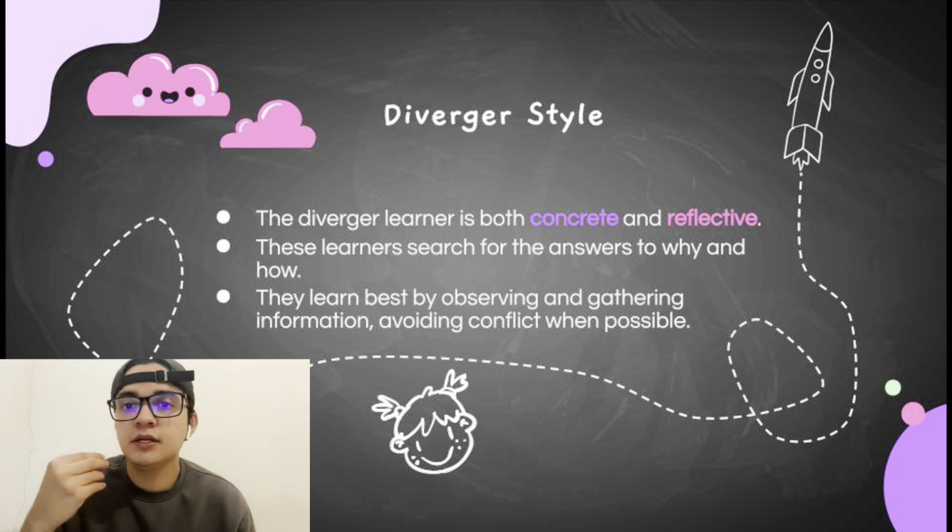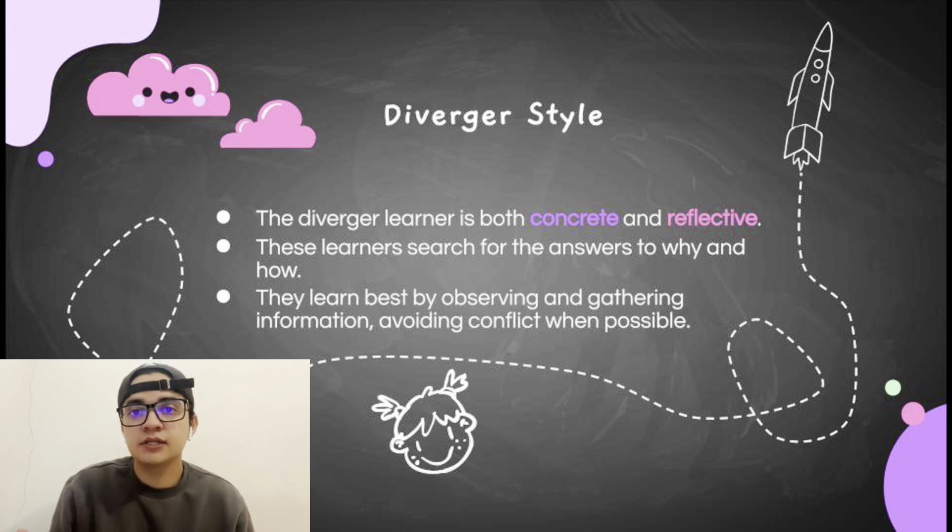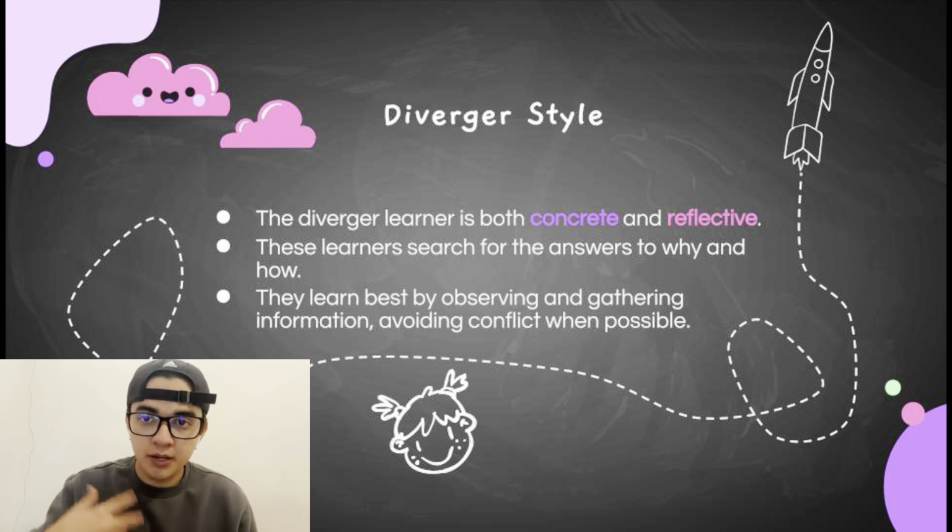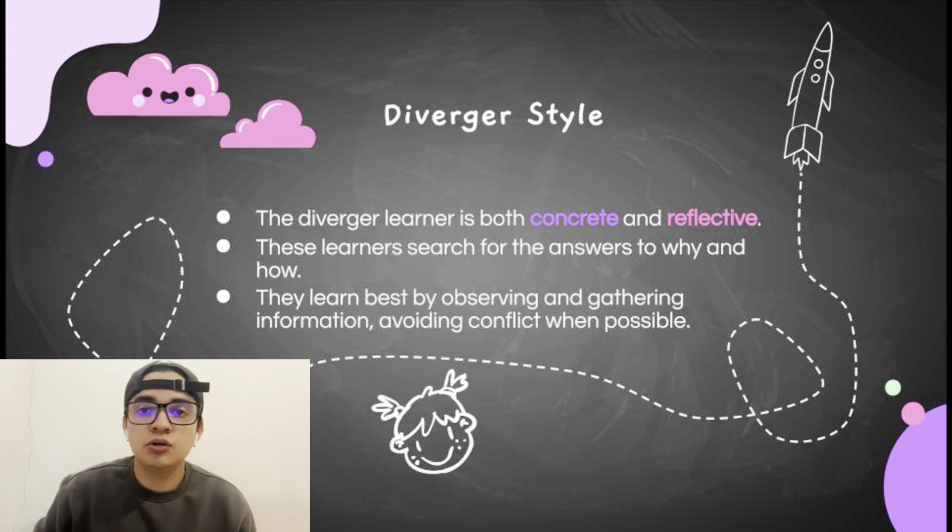In this style, these kind of students search for the answer to why and how, and also they are very social, creative, and enjoy finding out a new project. For the diverger style, there are many activities that these learners can use, like working groups. They like to brainstorm and also gather the information to focus in a correct way. Finally, to conclude, these students have an open mind to listen to ideas and acquire what they are going to require.